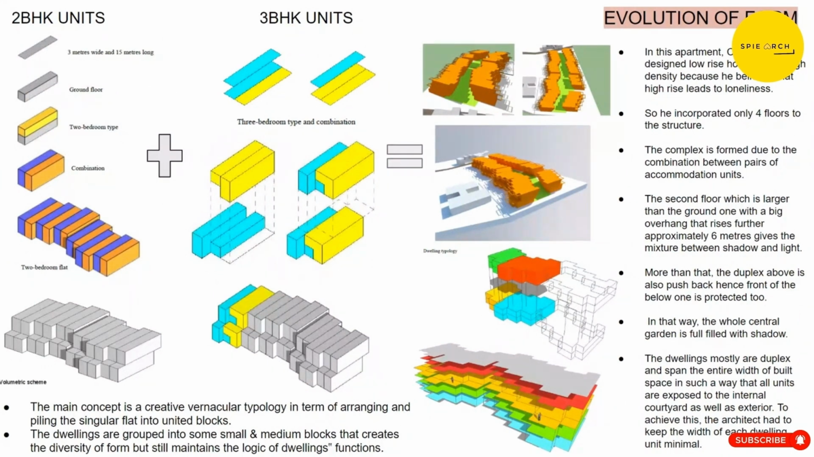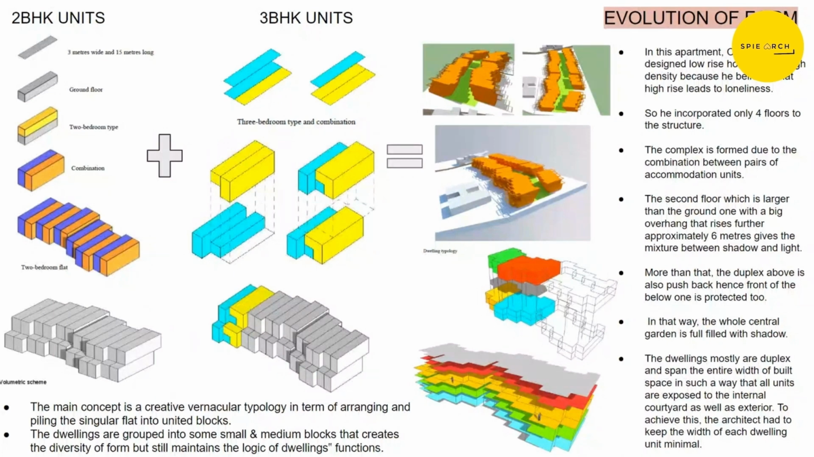So this is the slide for the evolution of form, like how he finally got to the form for the apartment. So first he considered a rectangle which is 3 meter wide and 15 meter long, and then he made a cuboid of it, and placed cuboids beside each other and above one another. So the main concept was to achieve a creative vernacular typology of arranging and piling the singular flat into